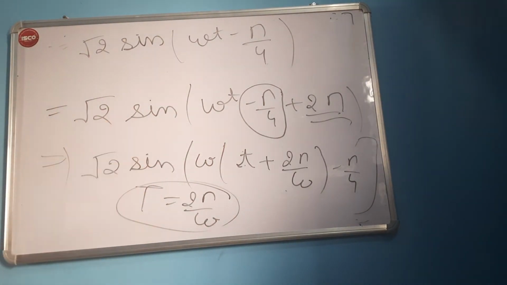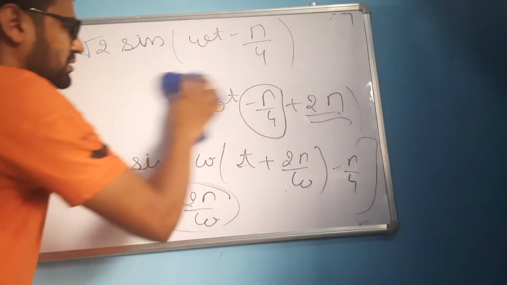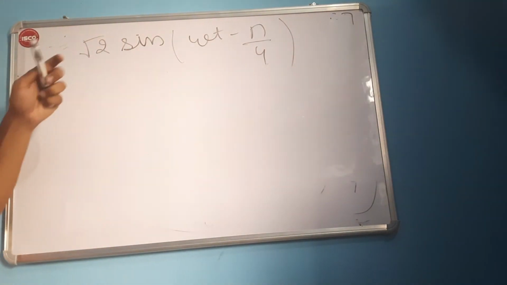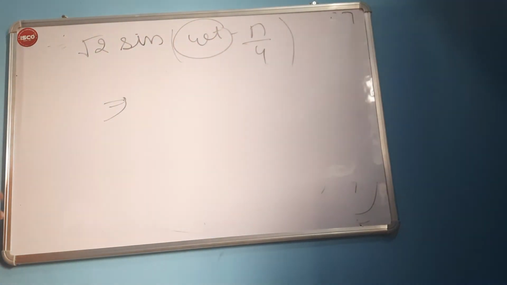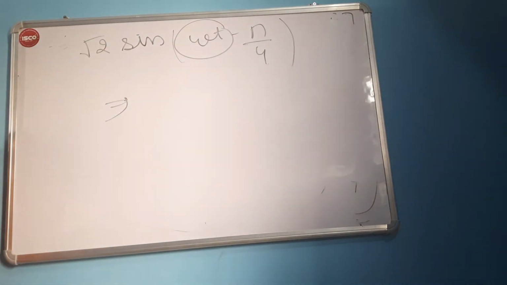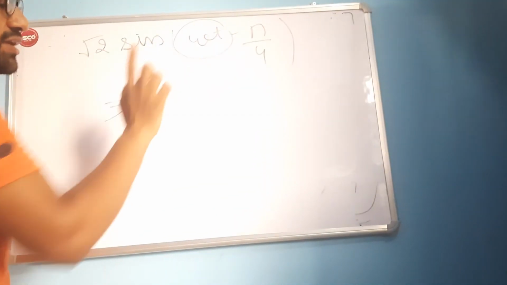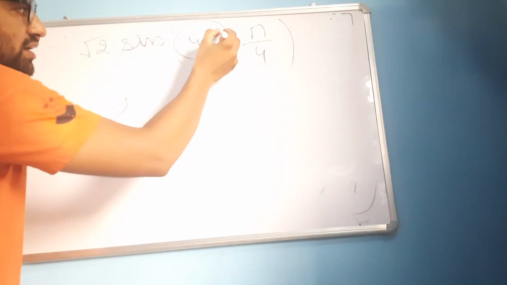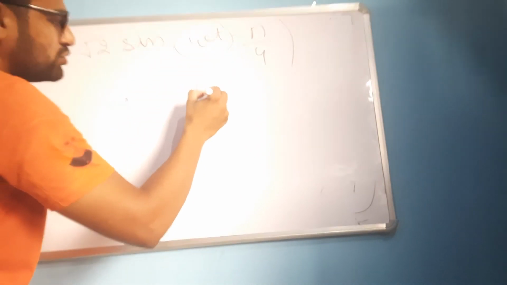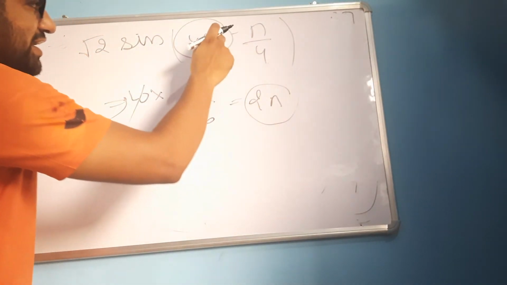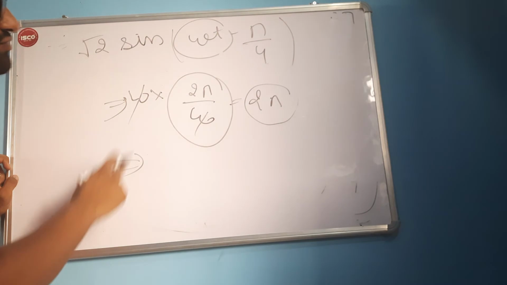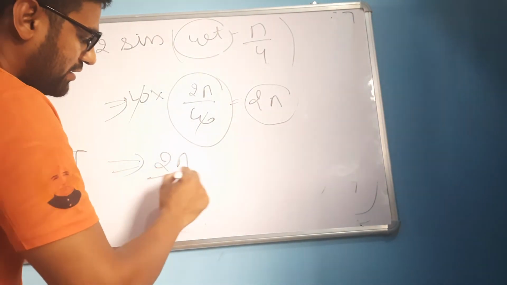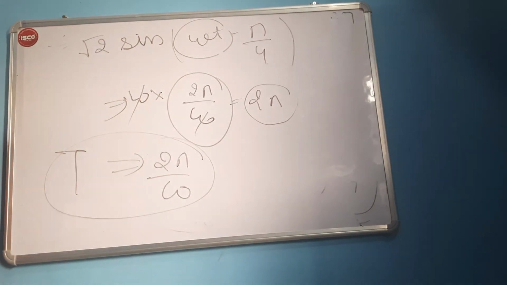We need not solve it. We can also find out the time period from this directly. Let's see. This is omega t. And sine, if it is periodic, will repeat itself after a certain interval of time, and the interval is 2 pi. So theta will be equal to 2 pi. And how will theta equal 2 pi? If this T, the time period, equals 2 pi by omega, and omega will cancel with omega, it will equal 2 pi. If we take T, the time period, equal to 2 pi by omega, then only it will be periodic. So our time period is 2 pi by omega. We can find it out directly and with this explanation also.